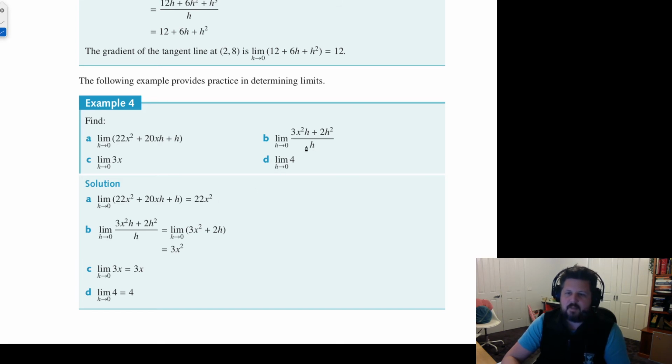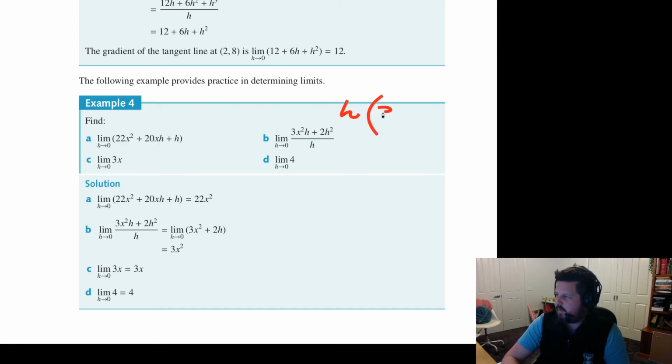Part B here, again, don't let them trick you. If you just try and evaluate it as follows, you try and put in the 0 where the h is, and you go to try and divide it by 0, your calculator or whatever you're doing will come up with an error because you cannot divide by 0. So remember, you have to take out the common factor on the top line, which is h. So h out the front,